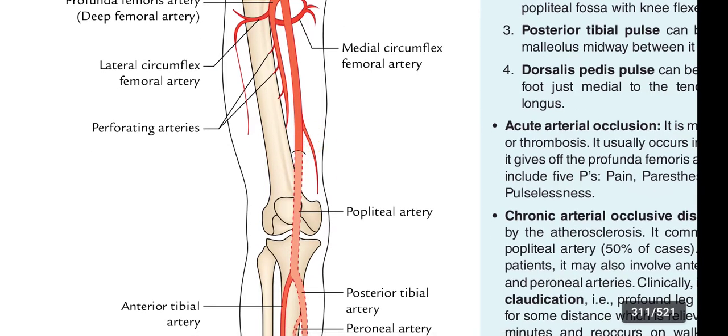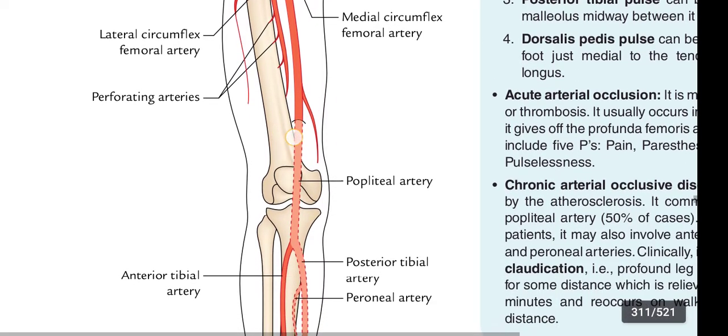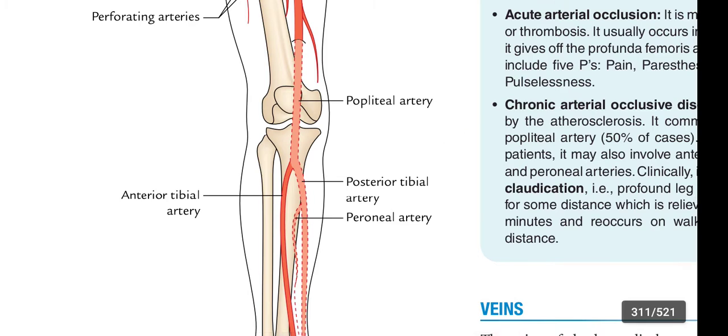And in this region, the popliteal fossa is present, where the popliteal artery begins as the continuation of the femoral artery, and it continues from the popliteal fossa to the head of the fibula, okay,